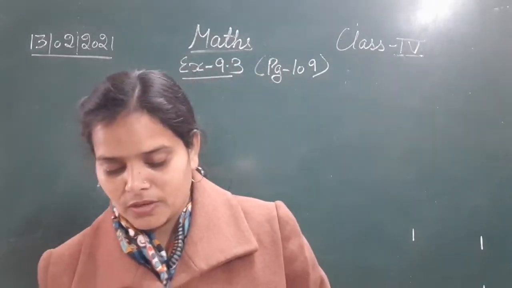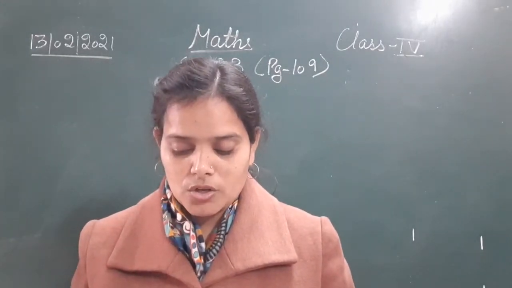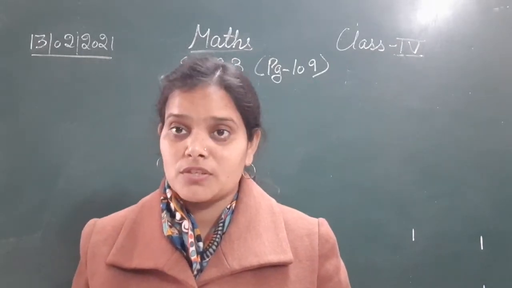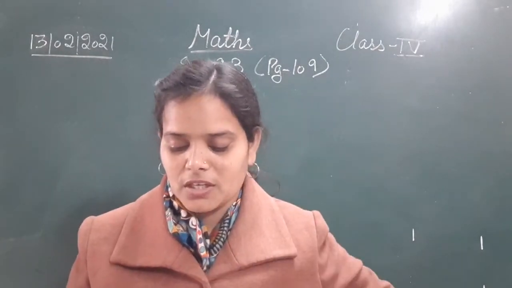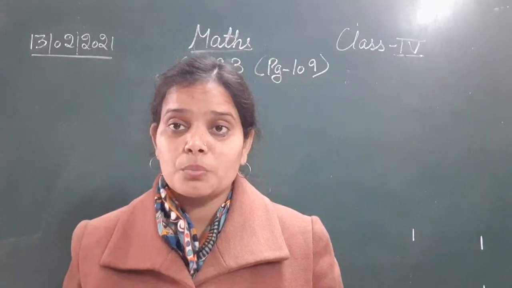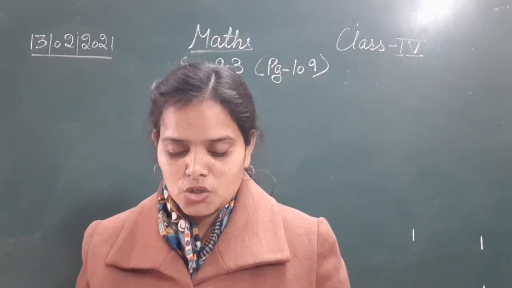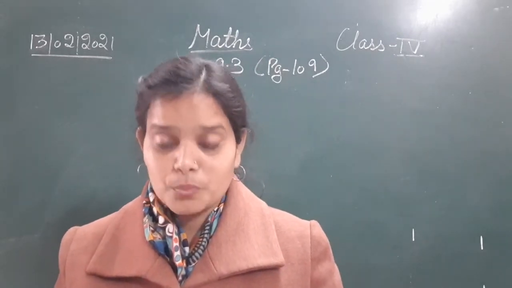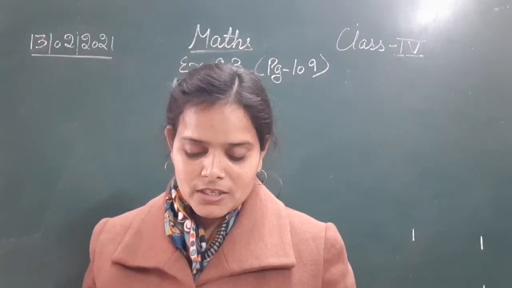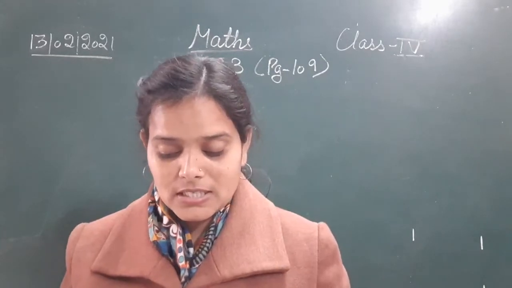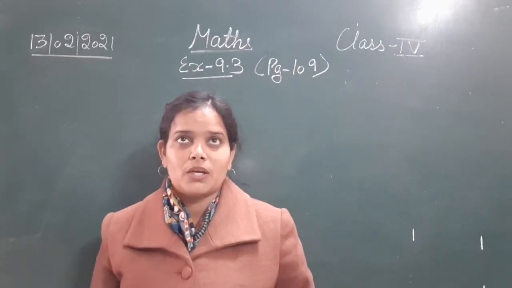So the sum number 5 is: Jagjit bought 2 pairs of jeans, each costing rupees 250 rupees and 50 paise. Okay, so Jagjit ने 2 pairs of jeans खरीदे and the cost of each pair of jeans is 250 rupees and 50 paise. Next, 3 shirts each costing rupees 176 rupees and 25 paise, and he paid rupees 1100 to the shopkeeper. What balance did he get back? Okay, so देखिए question काफ़ी लंबा है, but the meaning is very simple that we can easily do.